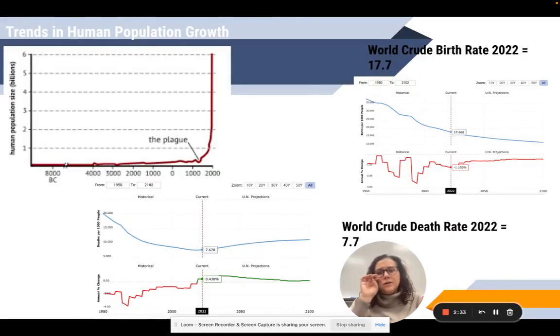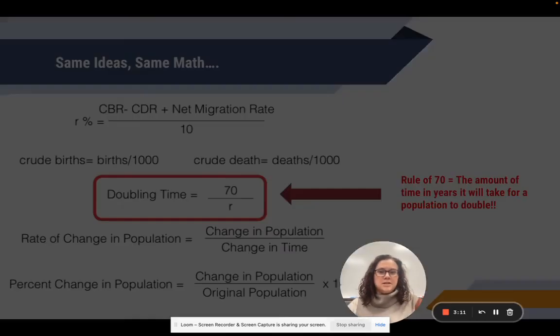And again, we know that right now human population is increasing exponentially. You can see that graph up in the upper left there. That's back through recorded human history. So you can see we're on the whoop. And then you've got birth rates and death rates for current world birth rates and death rates. So we still have a higher birth rate than death rate, so our population is still increasing, although our birth rates are coming down and our death rates have relatively stabilized, if not predicted to increase a little bit. So we are anticipating that our population growth is going to slow soon. But obviously, as of right now, we're still increasing pretty significantly.